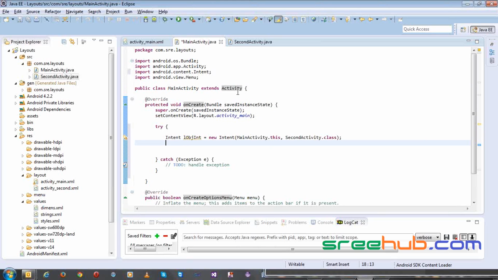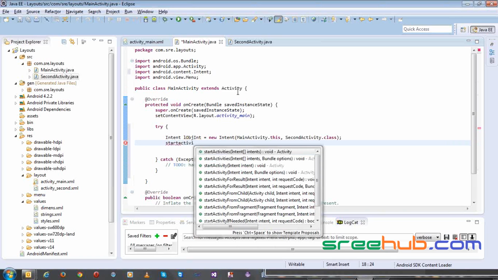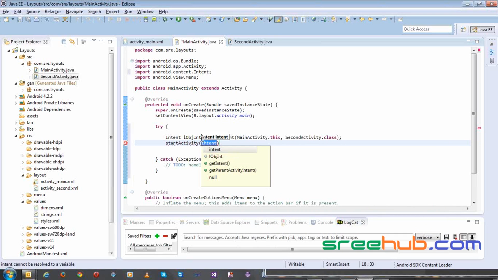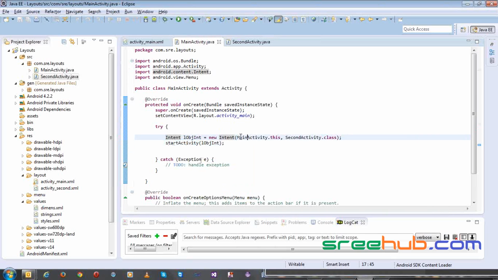Now one of the internal methods of Activity is startActivity, where you have to give an intent here. We have already created an intent called LOBJINT, where I'm specifying: I want to move from this class to this class. Right? Now if I run this,